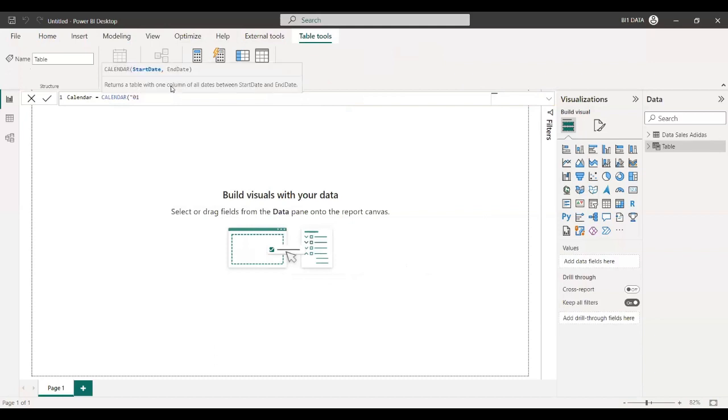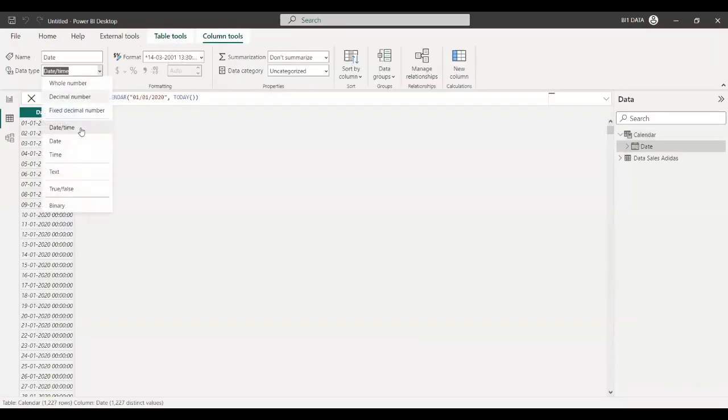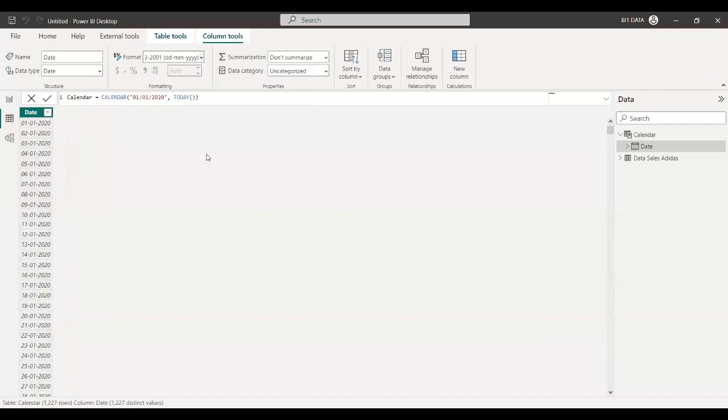I'll start from 01/01/2020, and we'll go all the way till today. This we have done yesterday. We will come back here. Make this as date and make it as DDMMYY. These are all things we have done yesterday,